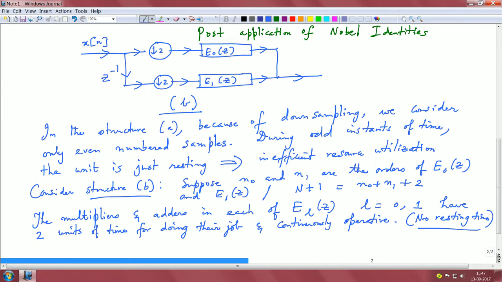You are cutting down the filter order in the first cut, that means your number of multiplications and additions would be lower on a per branch basis, and then you are continuously operative because you are not wasting any time here, because you are streaming the odd samples here and none of the units is resting, right. And if you think about an M phase down sampler, you can imagine your efficiency is M fold, roughly M